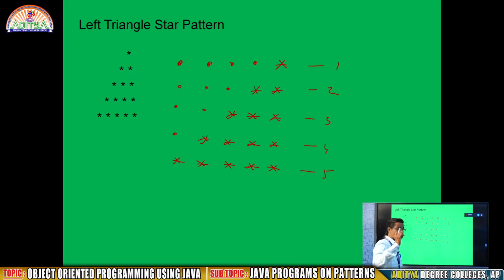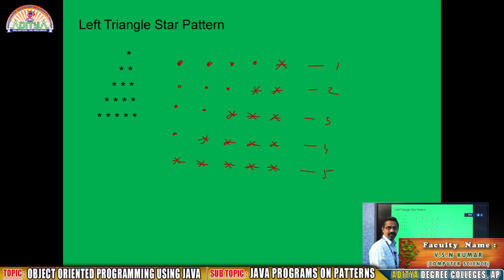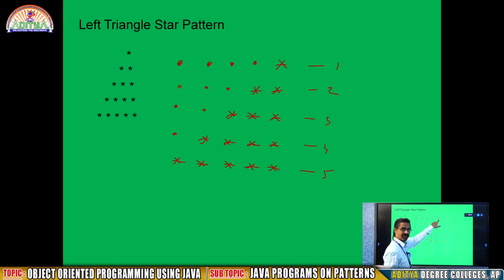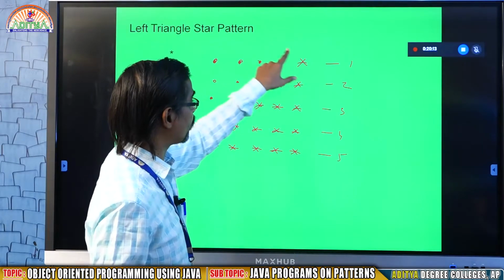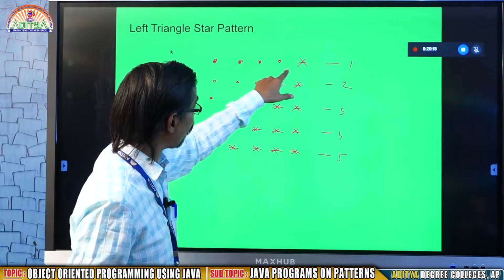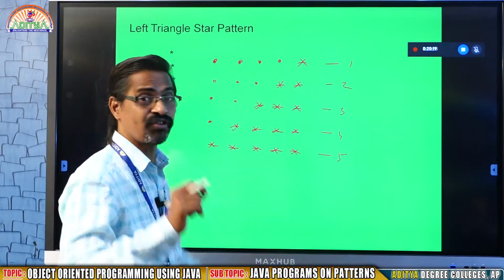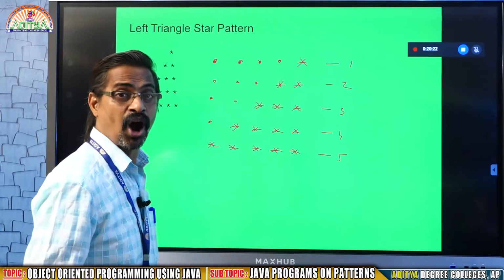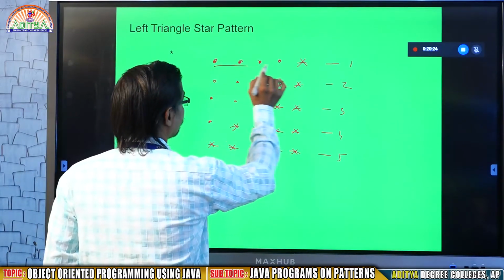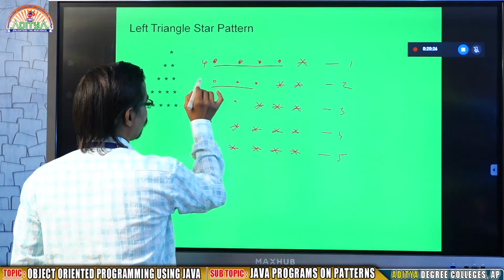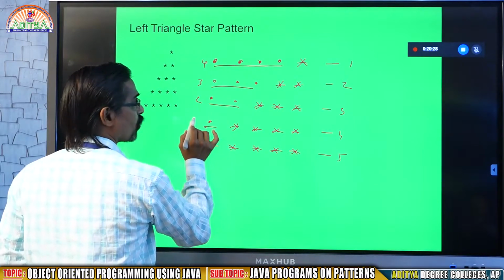That is what is called the problem statement. This is my problem. There is no command to generate the star in this place, because to generate a star here you need to skip all these locations, or replace them with spaces. How many spaces? There will be an order: here 4 spaces, here 3 spaces, 2 spaces and 1 space.